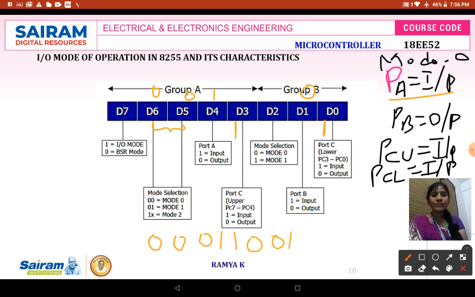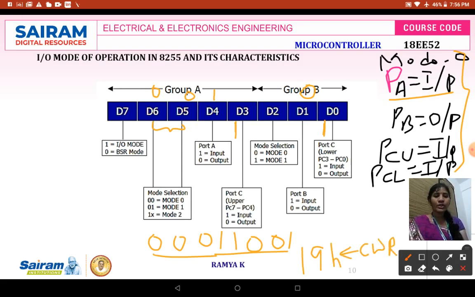This is the control word obtained for the conditions given as an example. So 0 0 0 1 is 1, and 1 0 0 1 is 9. So 19H is your control word.